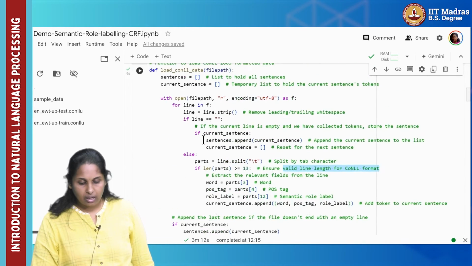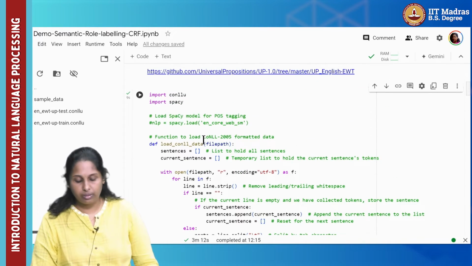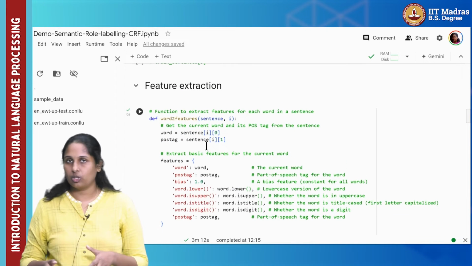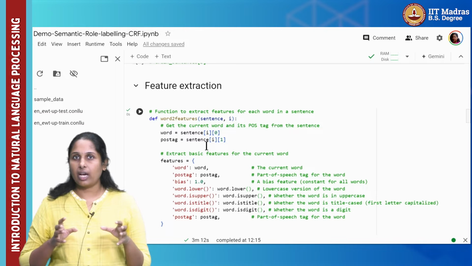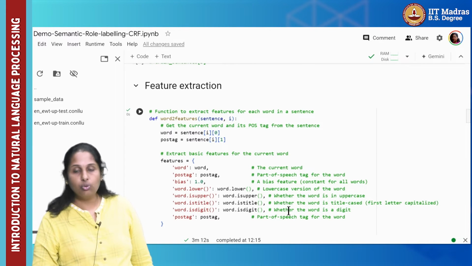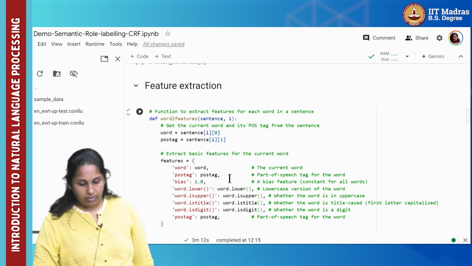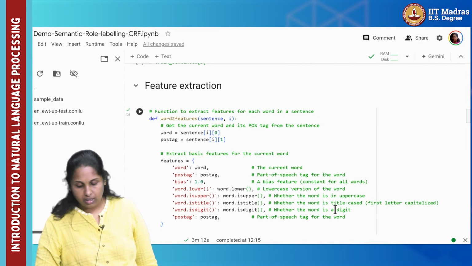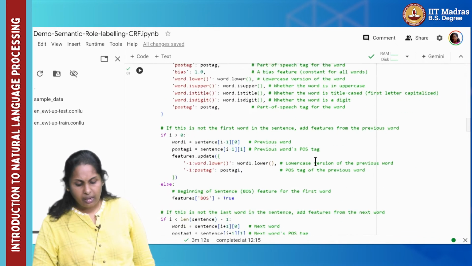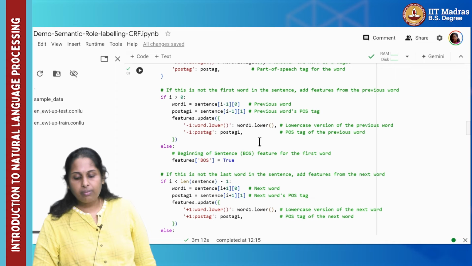Once the training information is ready, let's talk about what kind of features can be used, because it's a classification now. Are we using only the root pure stack and the semantic role labeled information, or any other features that can be used from the word that is being given here? So the features like current word, part of speech, and also the lower version of the word, whether the word is in uppercase or not, whether the particular word is title cased or is a digit or anything else, all this information is being extracted from the data,